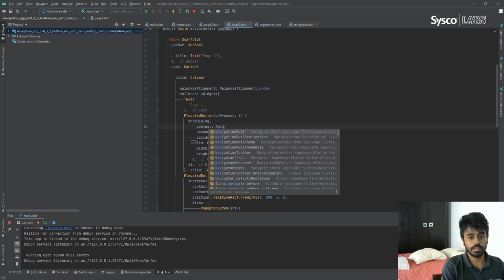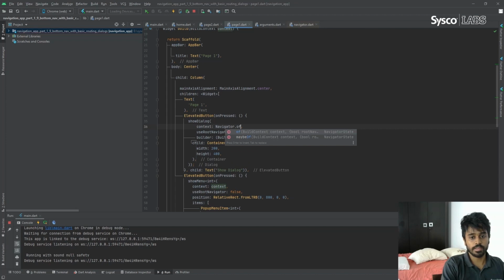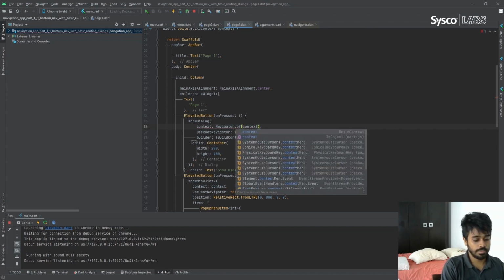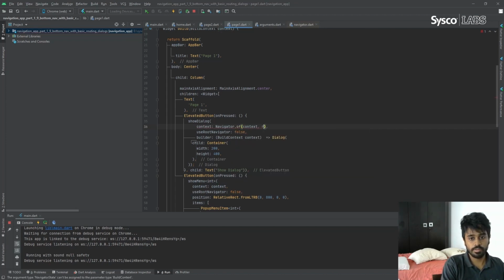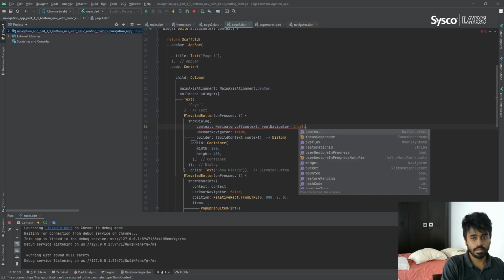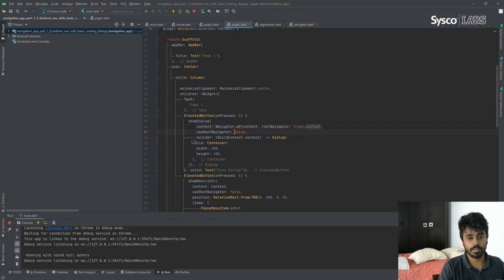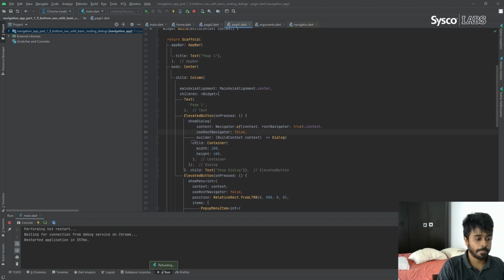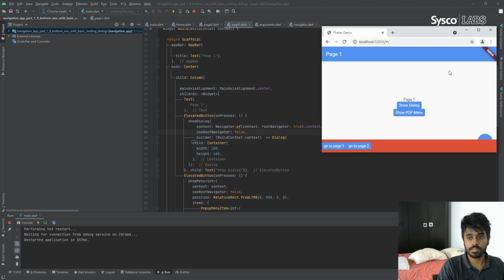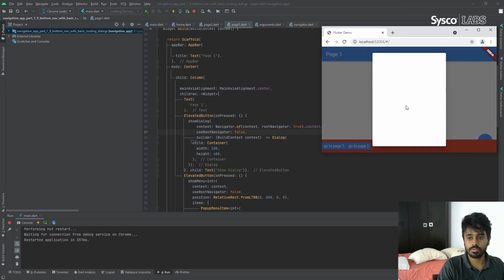So we can use the Navigator class's of method again and pass this context, and as a parameter you can pass the rootNavigator parameter and set it to true, so that it will return the root navigator context. And here you can use that context, and if you save it and restart the application, now if you press show dialog, you can see that this dialog shows on top of the bottom navigation bar as well.